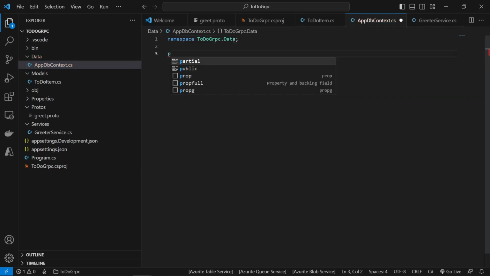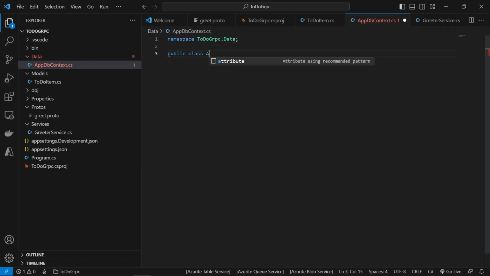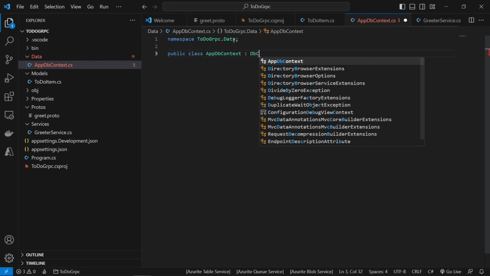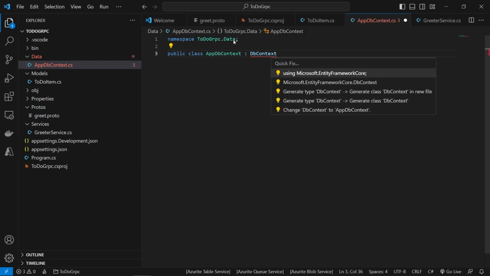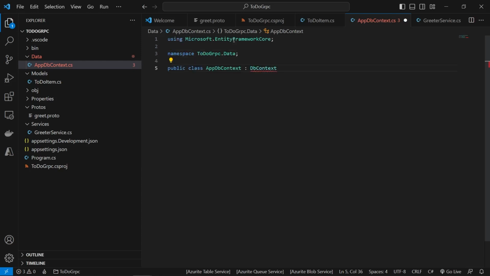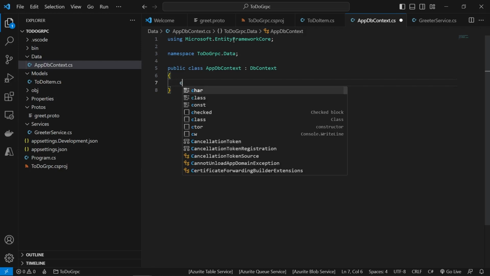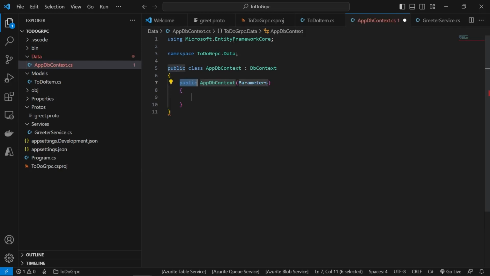It's just a public class called AppDbContext, but it implements DbContext, and we'll need to bring in the namespace, so Ctrl+period, to bring in using Microsoft.EntityFrameworkCore. Curly brackets, and then we'll define our constructor, so ctor, tab, AppDbContext, and into this we're going to expect